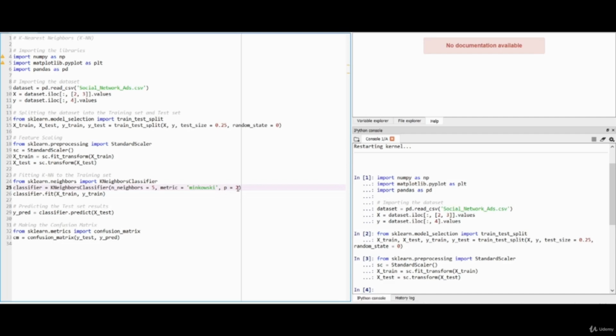The p is also a default parameter and its default value is 2, and it's also used for Euclidean distance, so you have to remember this. Now after initializing our object, we have to fit our model. So classifier.fit(X_train, y_train). Let me run this code.